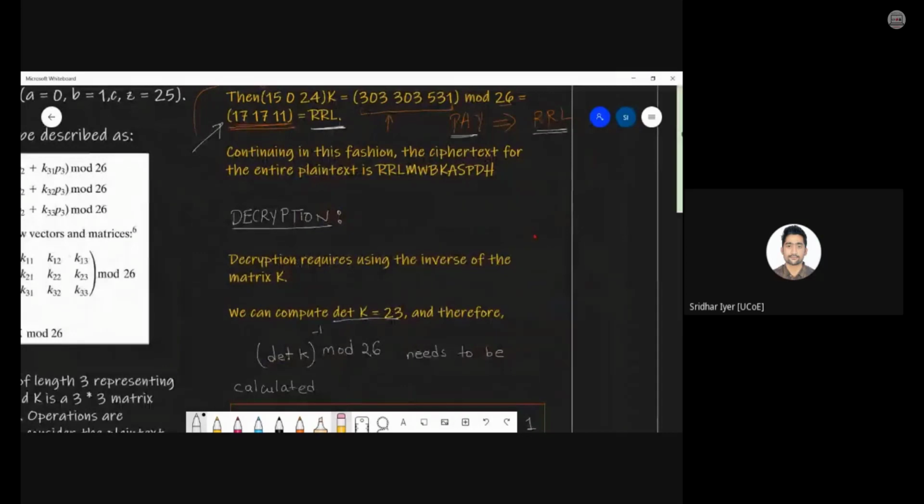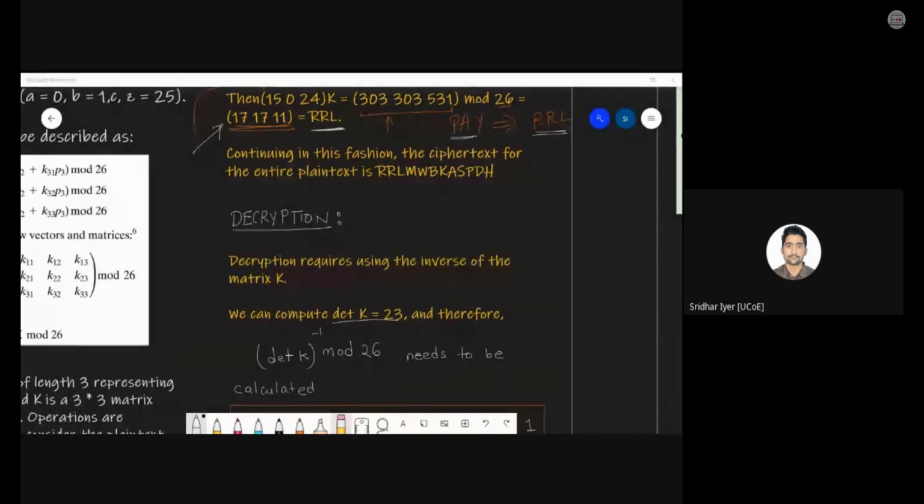Now it involves inverse matrix multiplication. That is where it gets tricky. I guess you have your maths concepts clear, because even I have to revise maths each and every time I teach this topic. I need to revise all those things again and again. So what happens is you need some sort of inverse matrix multiplication. I will show you how to do it, but ultimately you have to do it, right?